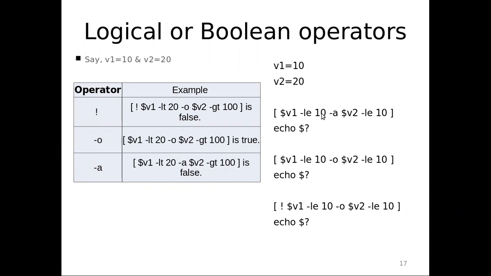At a later point of time, if this 10 you want to check with 12, then you need to modify in all the three places. So that's why you will be putting it in a variable. If you put it in a variable, you will only change in one place. So this 10 also you can put in v3, right? And then you can check. So if you put v3 equal 10, and if you want to change that to any other value, you can change only in one place. Now you need to change in all the six places. So that is the disadvantage if you put this. So the preferable way I've shown you, you can follow that.